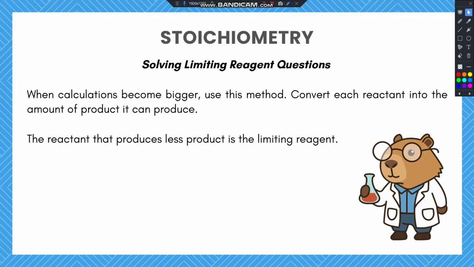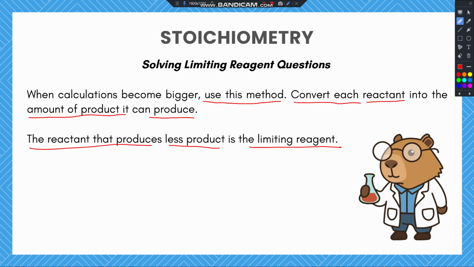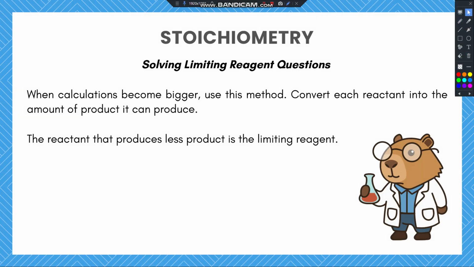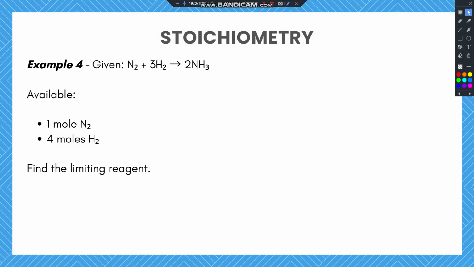So when questions that involve solving limiting reagents come in, when the calculations become bigger, use this method. What's the method? Convert each reactant into the amount of product it can produce. The reactant that produces less product is the limiting reagent. Don't worry, we are going to apply this. Convert each reactant into the amount of product it can produce. What does that mean? It means for each reactant,